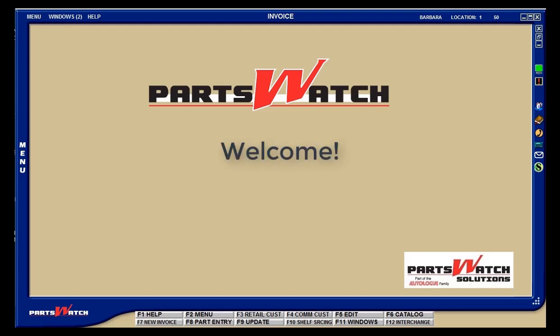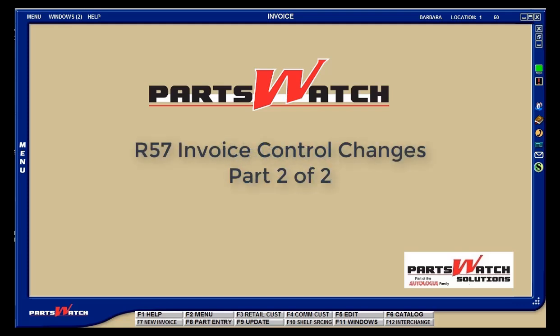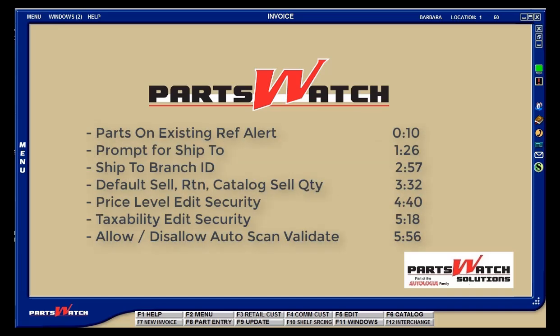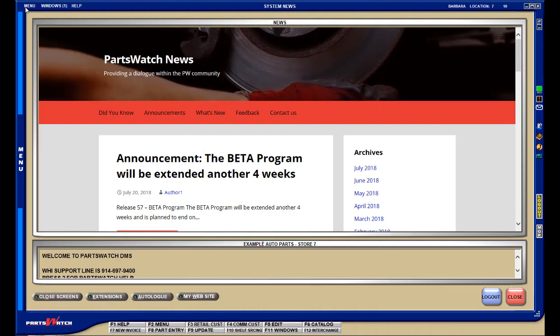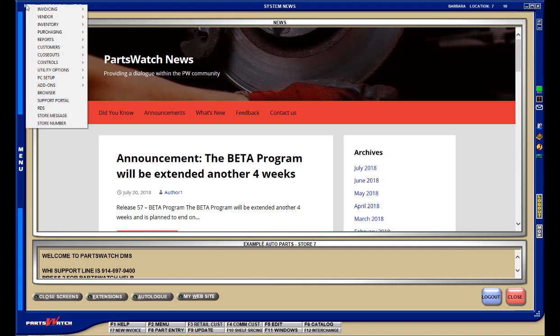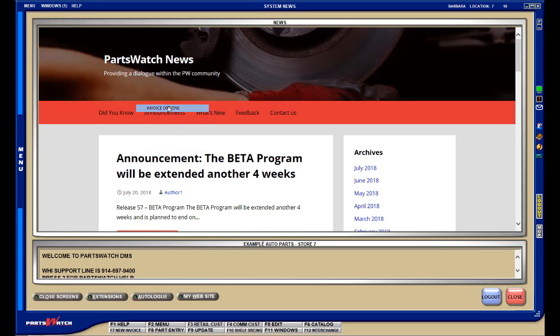Welcome back. We'll continue with changes to invoicing controls in the 57 release and start with a few setups on the store level. The first setup optionally gives an alert if the part number entered on a sales order is already on an existing open order for the same customer, and allows the counterperson to access and complete the existing order instead of continuing with the new one. This helps reduce the number of abandoned open invoices that need to be cleaned up and helps ensure previously quoted